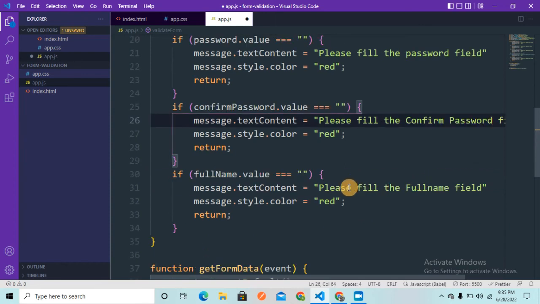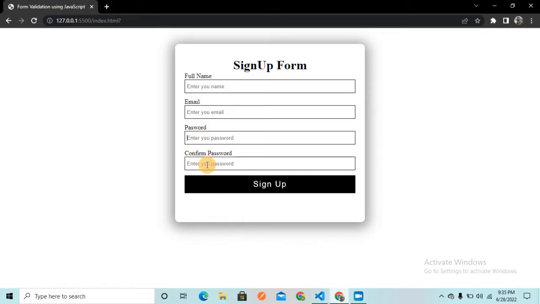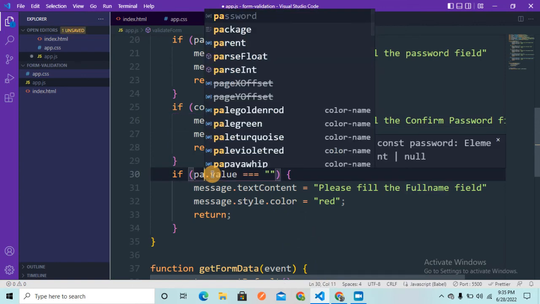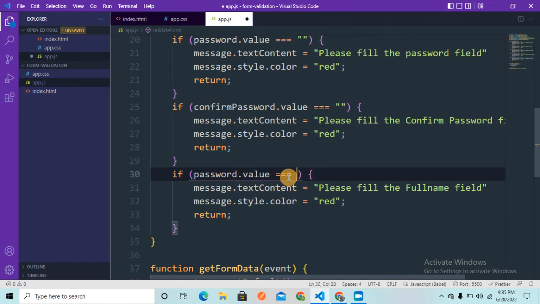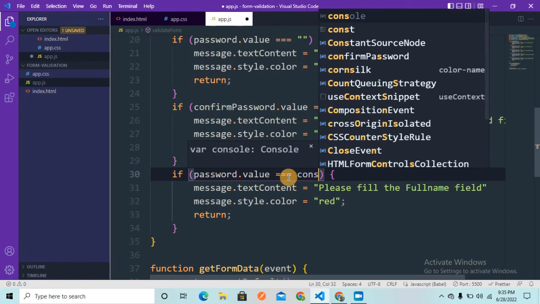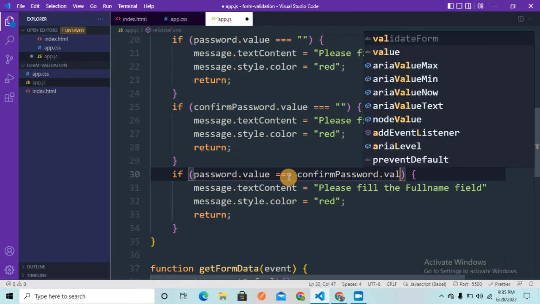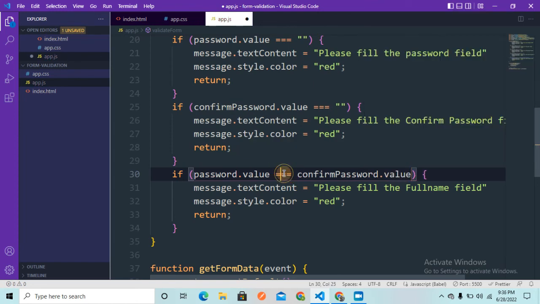Once that is done, another scenario might be that the user might enter something in password and something different in confirm password, but both these values need to match, right? So we need to add one more checker that I'm going to do here. That is going to be password dot value, and here it is going to be confirm password dot value. Both these values need to be the same, and if somehow they are not the same, then again we are going to throw some error, and that error is going to be